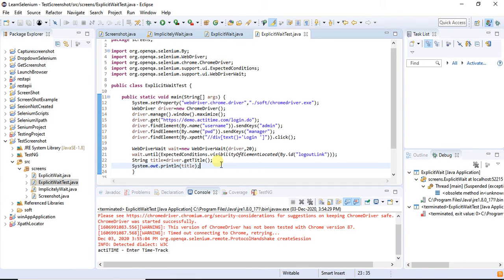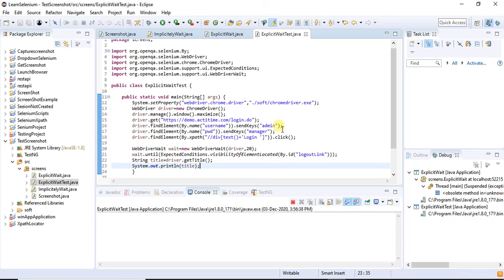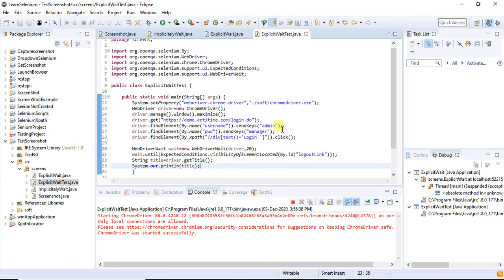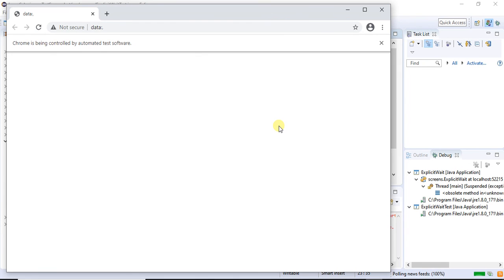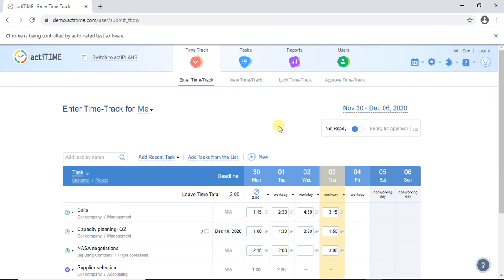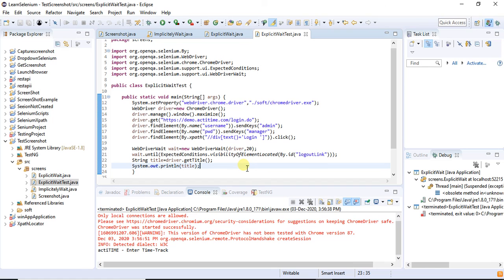Then it is successful. Let me run one more time. Now it is working fine.